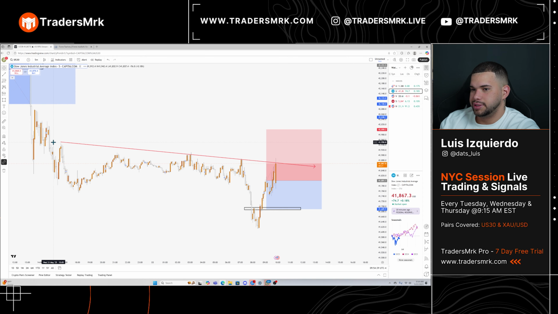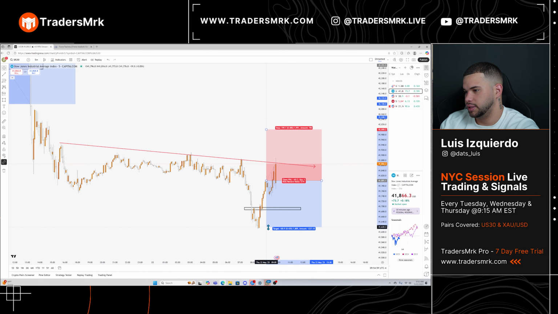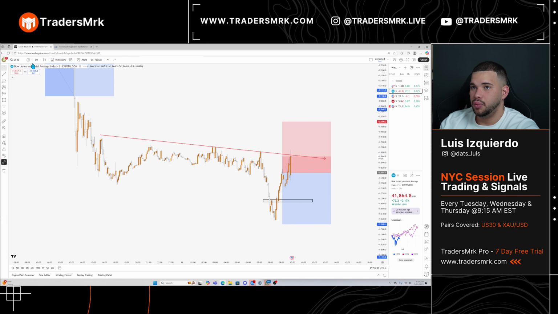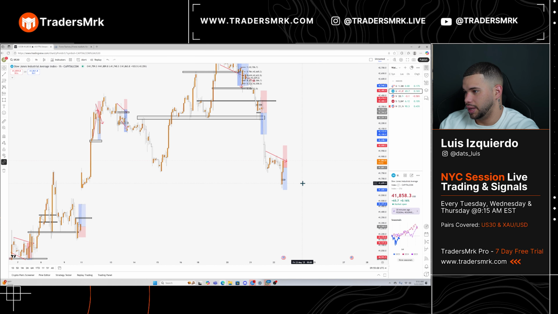What I really want to see is if it breaks through this area right here, because we have really nice resistance here, really nice resistance here, really nice resistance here. I want to see if it really breaks past this area. If it breaks past it, we're gonna lose the trade, which is completely normal. It's completely fine. If it doesn't break past it, we'll come back down and hit take profit 1 and take profit 2 down here. And the way that US30 has been moving this last week, I think it's gonna do that